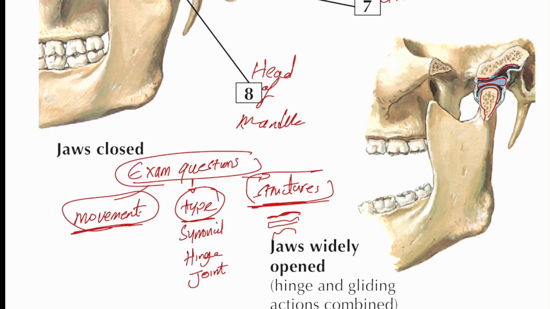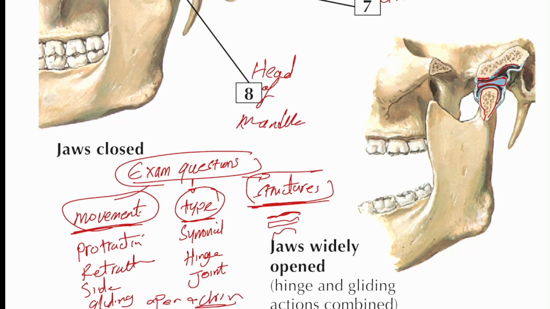The movement of the mandible can include protraction, retraction, side-to-side movement, the gliding movement, and opening and closing as well. You can see 6 different types of movement. You might also be asked about the muscles causing these movements, which is explained before in multiple videos and will